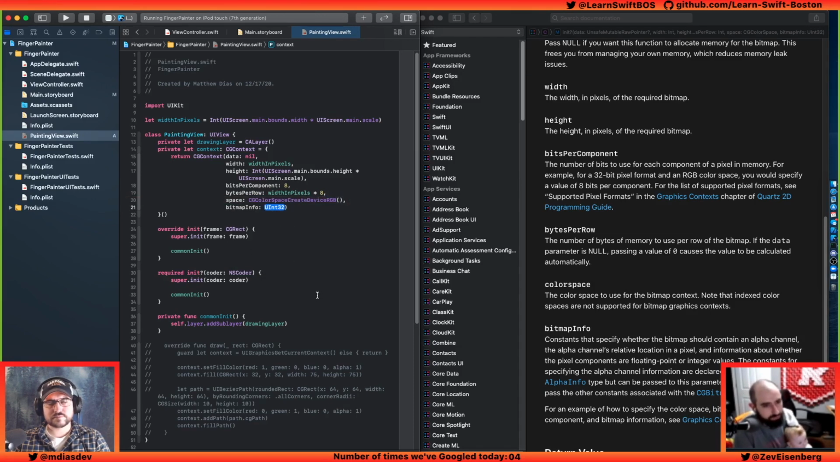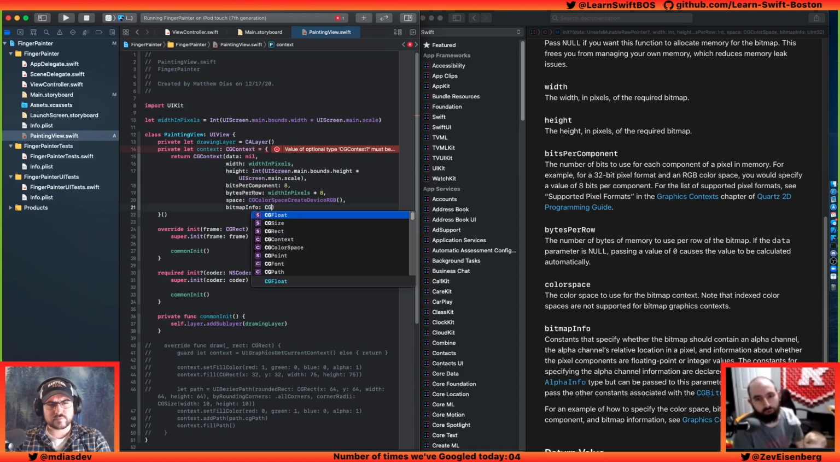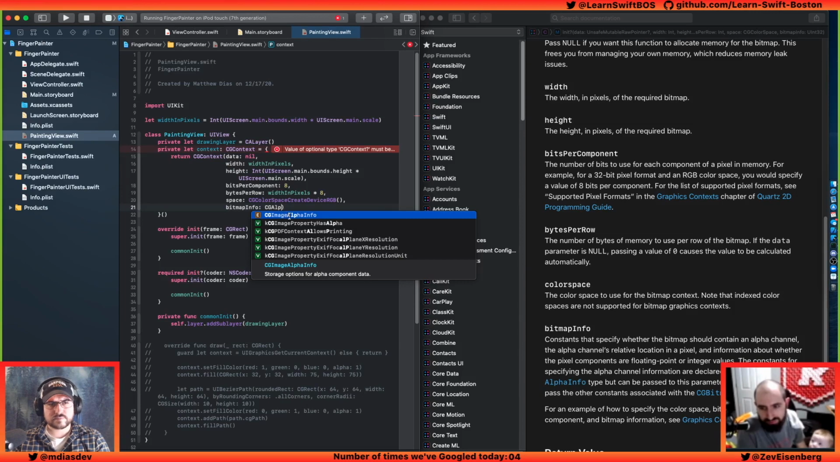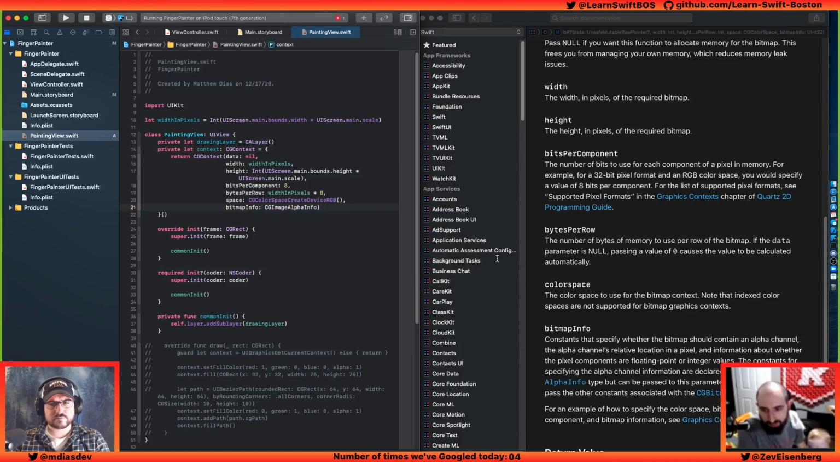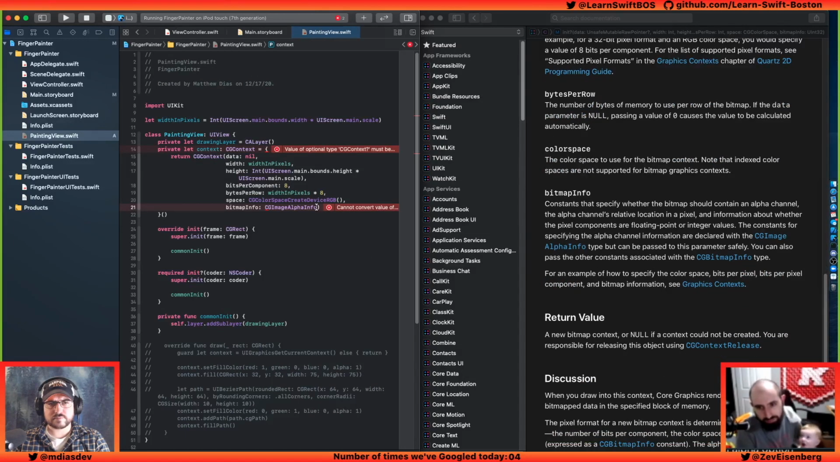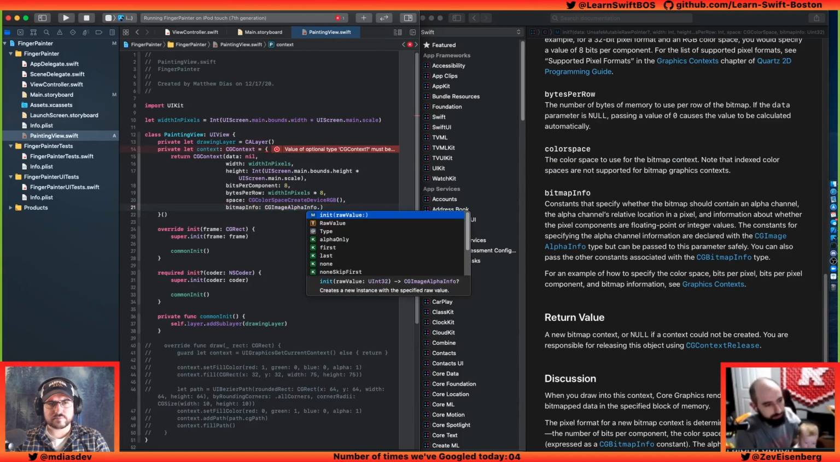And then the bitmap info. This one took me a little fiddling to figure out which value was correct. So the value that we want is CGImageAlphaInfo. Like, it's just a UInt32, and you're like, what am I supposed to pass there? And we can look in the docs here, and it's kind of helpful, but you can pass stuff from CGAlphaInfo or CGBitmapInfo. We want CGImageAlphaInfo.noneSkipLast